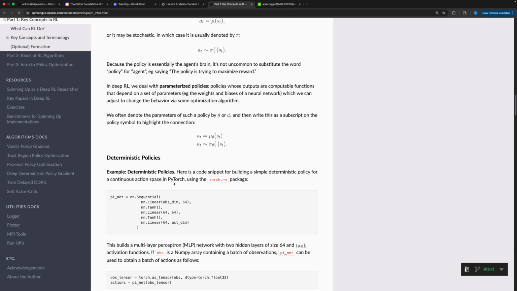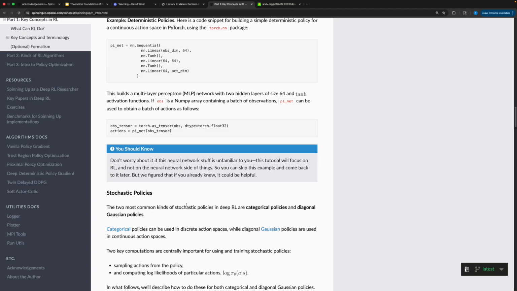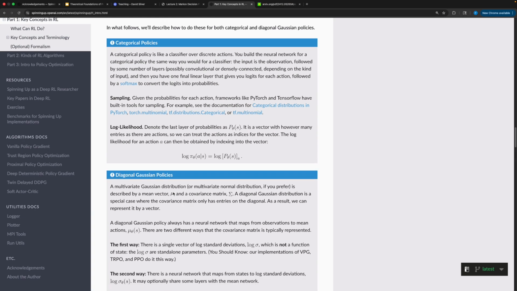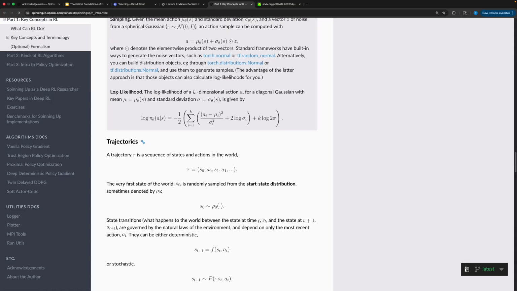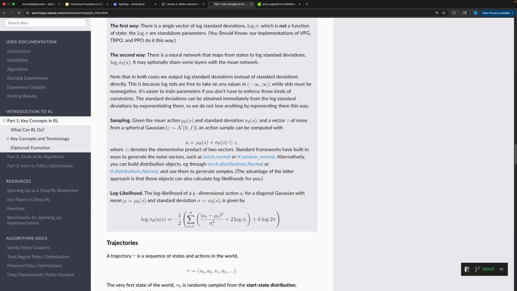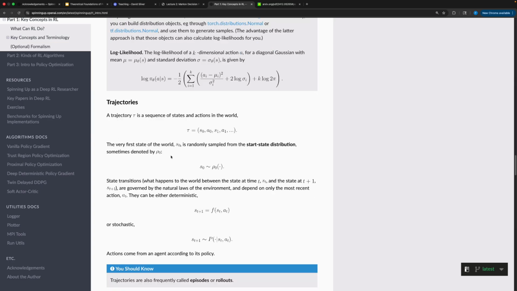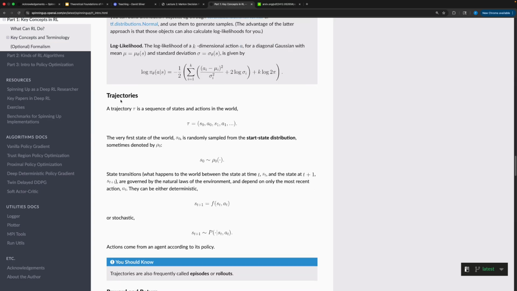So policies can be, as we said, both deterministic and stochastic. And there can be different ways of designing stochastic or deterministic policies. And then there is the agent-environment interaction loop, and that is designated by your trajectory. Basically, the agent starts from an initial state, which is sampled from an initial start state distribution, and